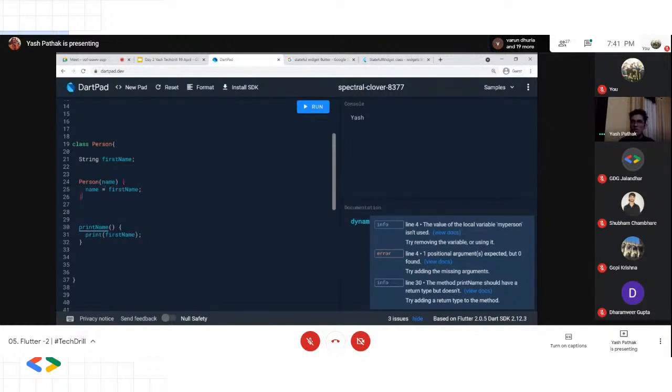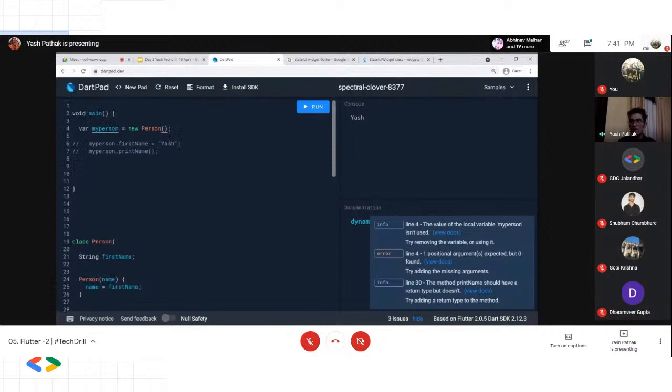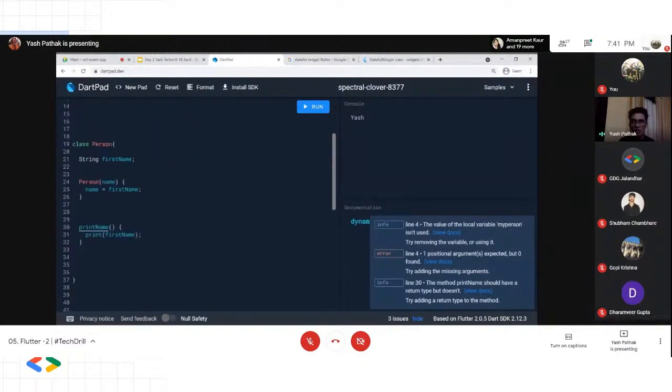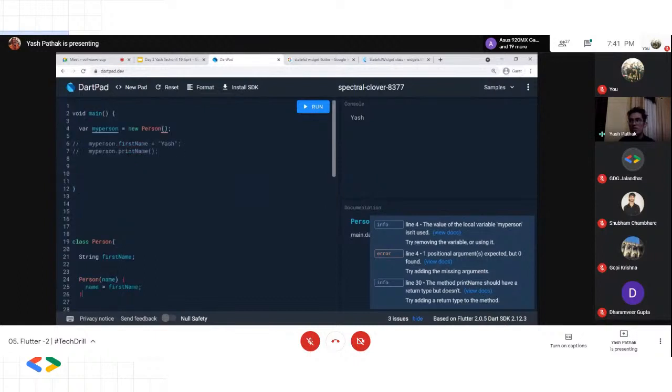So now I have given this name as first name, and you can see now there is a red line coming below this person declaration. Why is it coming? Because I have given it an argument. So as soon as I give an argument to this constructor, it will ask something for me. If I type here Yash, and if I run it,